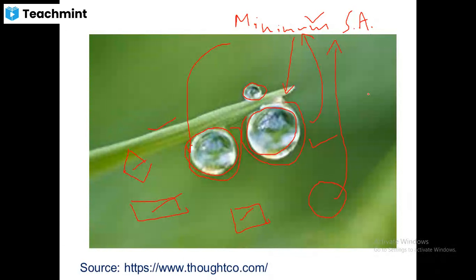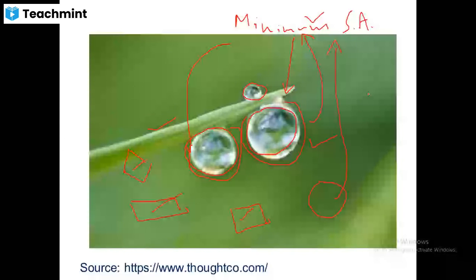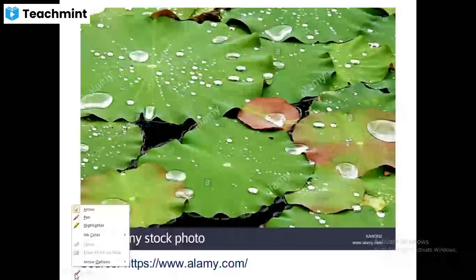But right now, remember that liquids have the property by virtue of which they always try to have a minimum surface area, and a sphere is the one which has the minimum surface area for any given value of a liquid. Right? So this is one more beautiful example which you can see in nature for surface tension. Then look at these pictures.